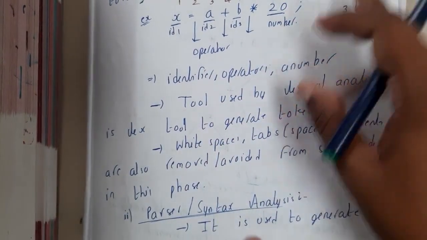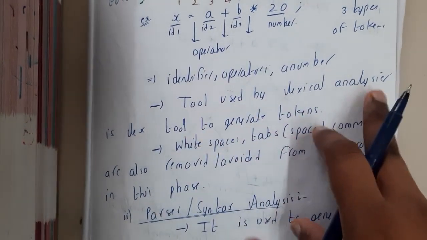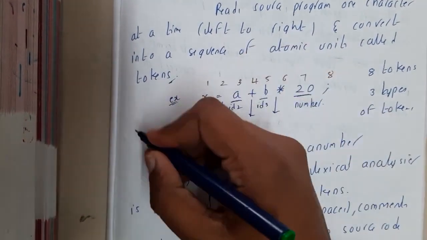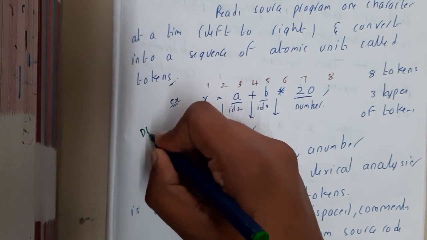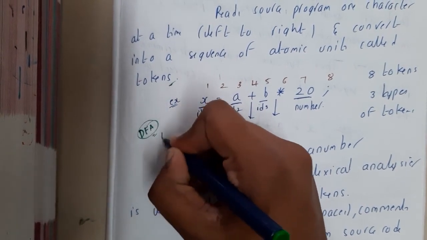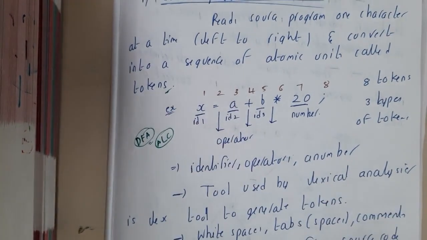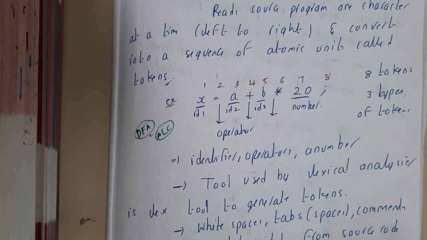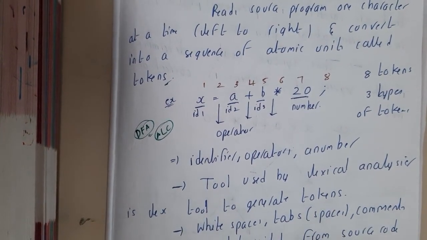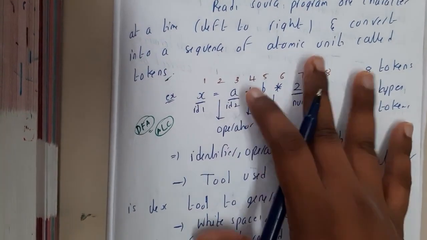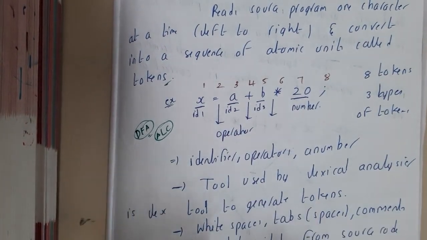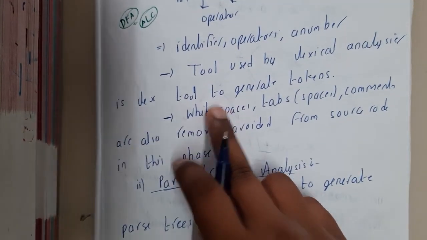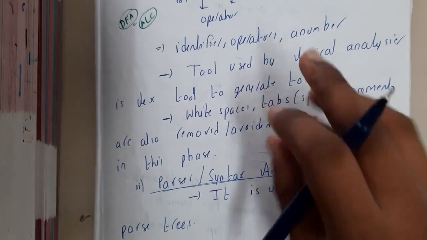The tool used for identification of these is the lexical analyzer or lex tool, guys. To create this, we can use the DFA, deterministic finite automata. We discussed these concepts in ALC, right? Here, if you observe, these are some kind of spellings, so that is the reason why you can use DFAs to create these things, guys. We'll be discussing these things in our future lectures. Just for your understanding, I'm explaining those things. Even the removal of comments, white spaces, and all those things is done by the lexical analyzer only.